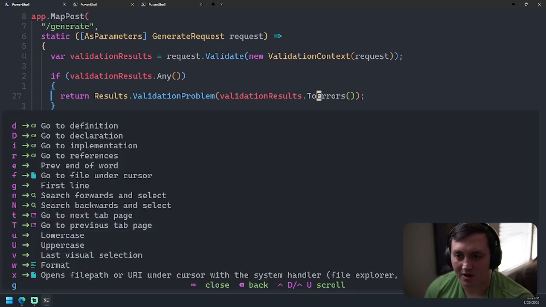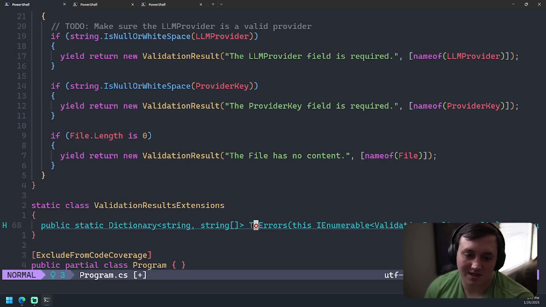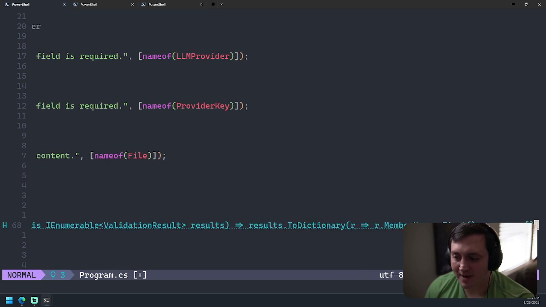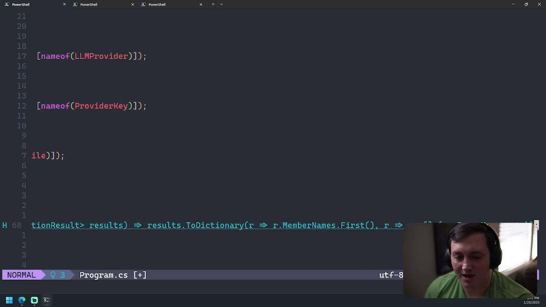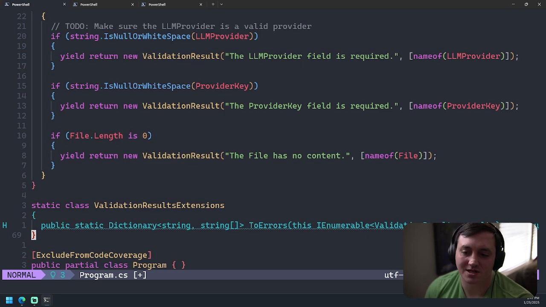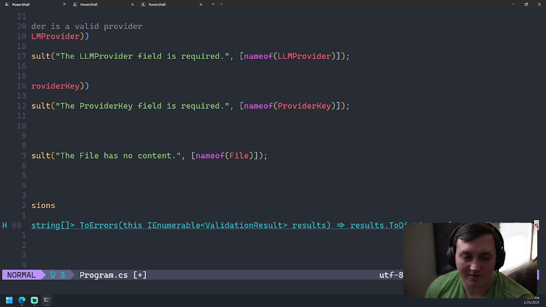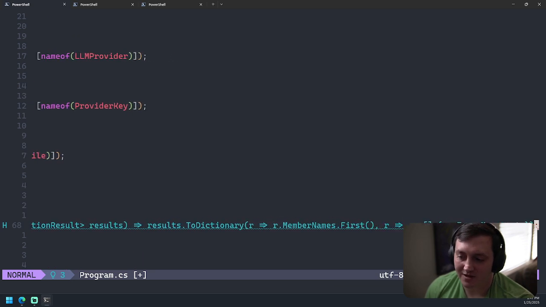It's very simple. It takes your enumerable results and maps them to the shape of a validation problem details, where the key for your dictionary is the parameter you were validating against, and the value for that key is any error messages that are associated with it.